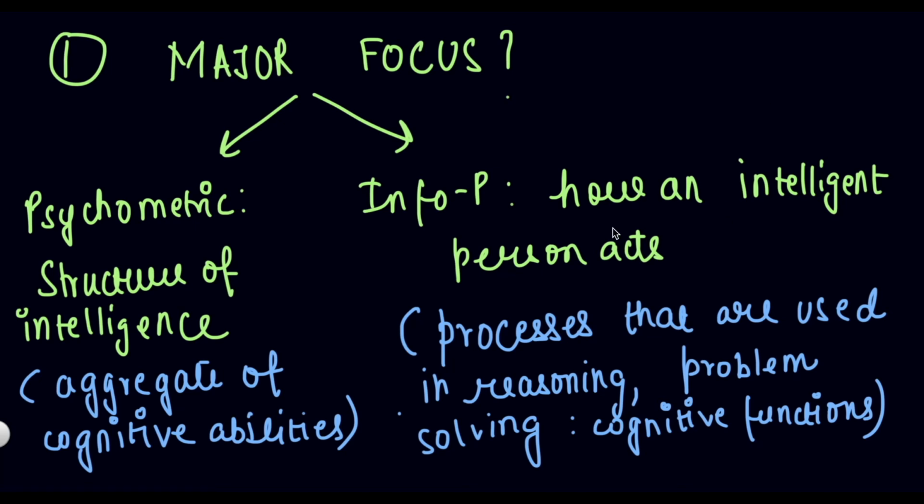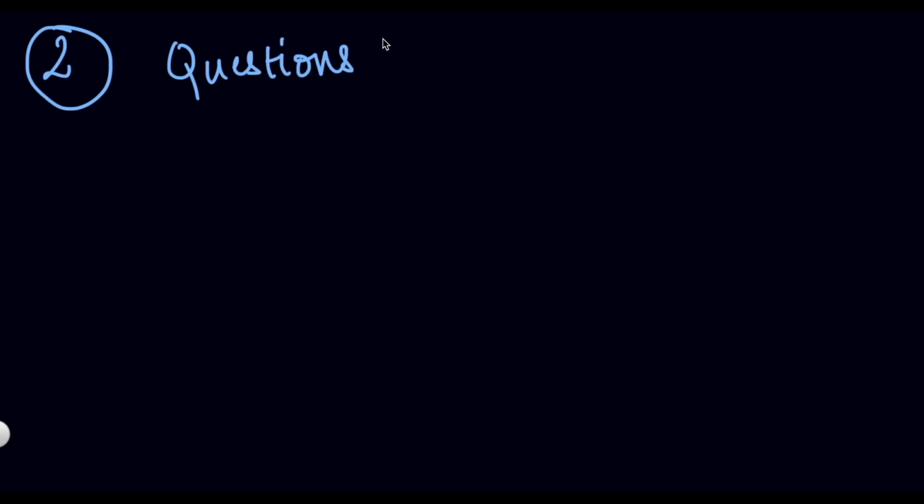Let's now move on to the second category of differentiation between the psychometric approach and the information processing approach. So what kind of questions do you think these two approaches would be dealing with? Obviously, when the world of intelligence was introduced, it was a vague world, right? And people had a lot of questions. Not everything was very scientific. Not everything had a proof backing it. So people had a number of questions from the various theories that were coming up, explaining